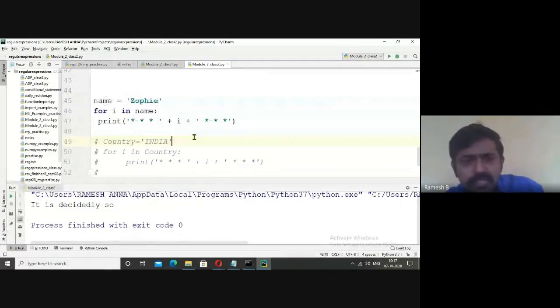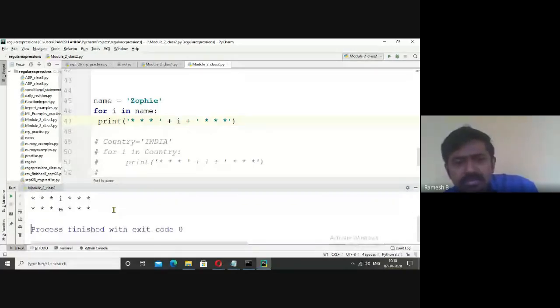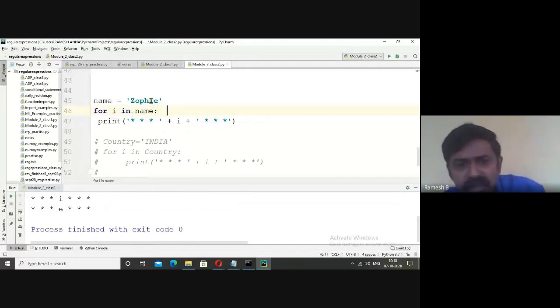See here. First i value will be Z. After that, i value will be O. After that, it will be P. It will be H, I, and E. We are appending with some stars, some design. If I run this, you see that we got Zophie. So this is the example for using a for loop and accessing the individual characters of a string.